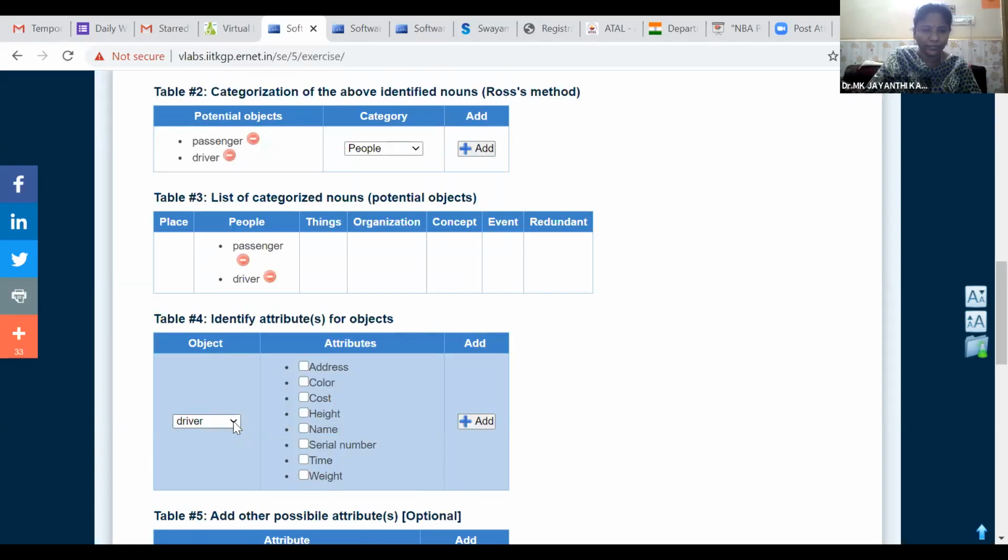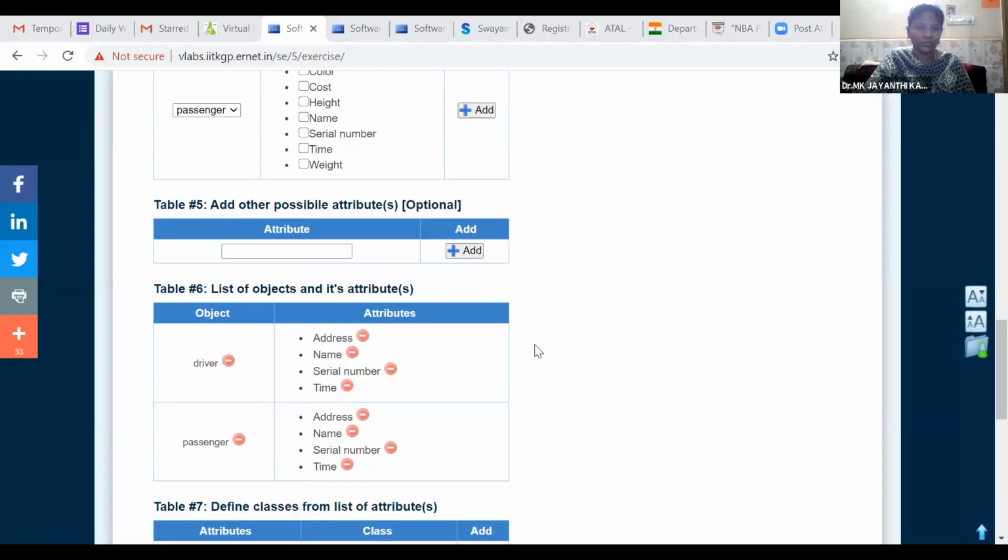The same way, we can choose the passenger. So the passenger will have the name, ID, their time slot, and address. So both are added, and attribute.